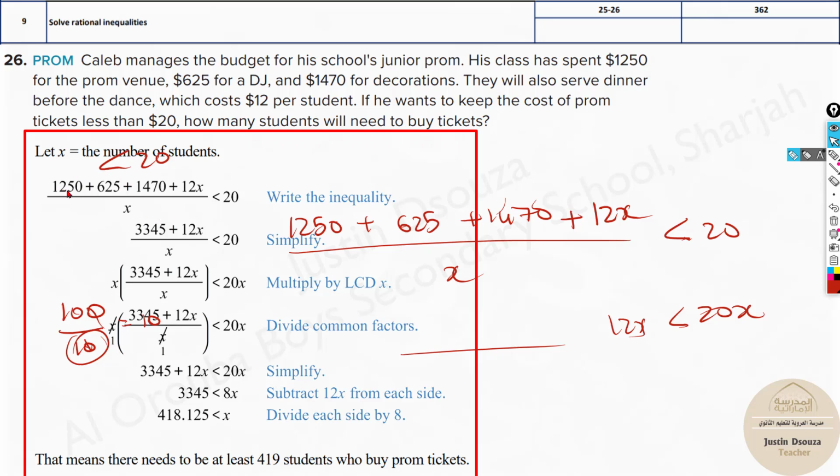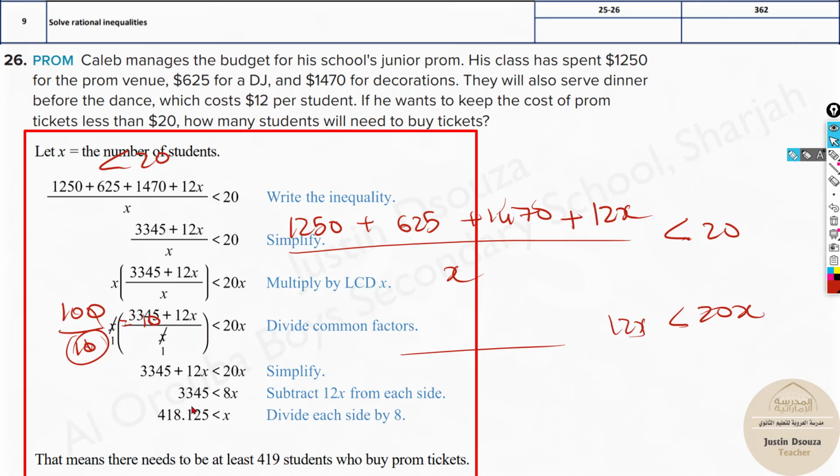Okay, over here you see all the numbers are solved. It is 3345 plus 12x, and x can be taken to the other side, or multiply both sides by x. You get this equation. Now take this 12x to the other side. You have x must be greater than